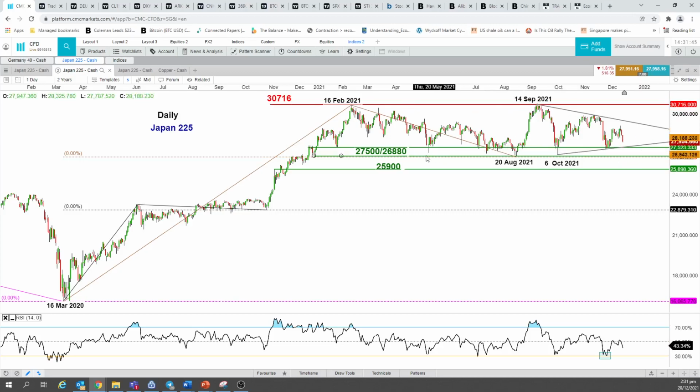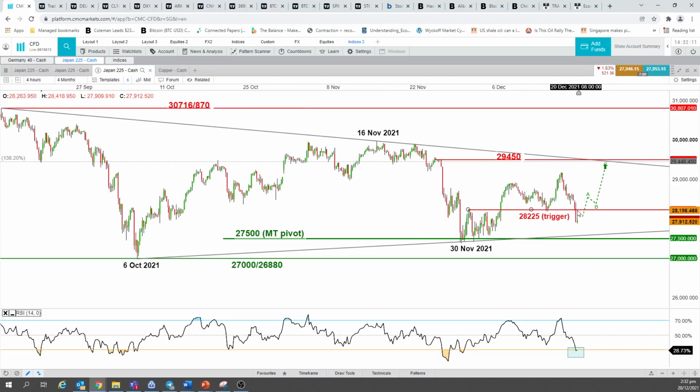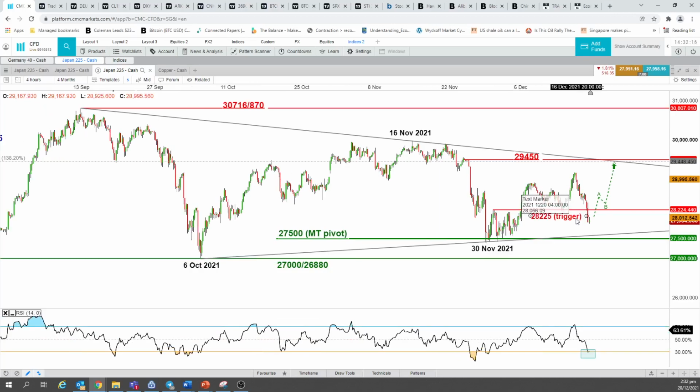So the major range support at the bottom right now will be at this 26,880 slash 27,500, which is the lower boundary of this symmetrical triangle range over here. Okay, so last week, this is on the daily chart. On the forward chart, last week we had a key minimum pivotal support at 27,500 and intermediate support at 28,225. What I could see is that this 28,225 has been taken out today, this Asia session this morning, very clearly on the downside. I still keep that bullish bias as long as this symmetrical triangle support holds at 27,500.